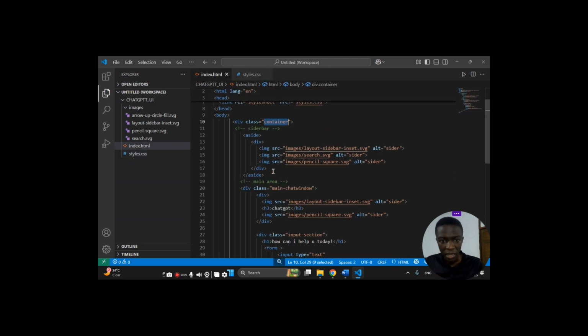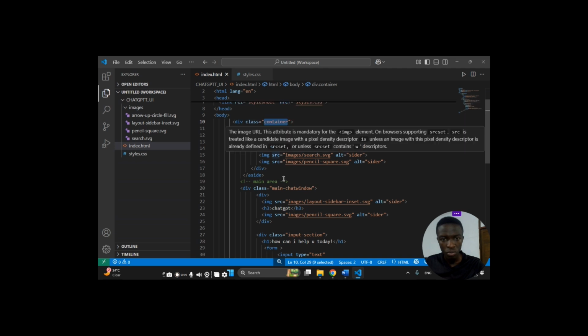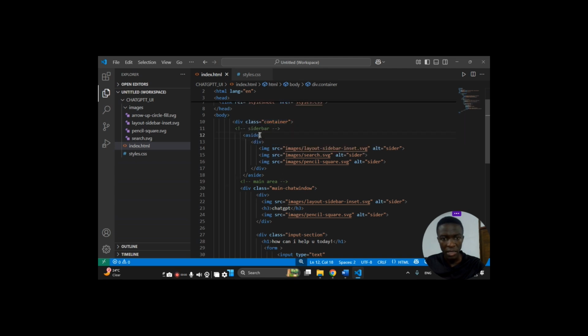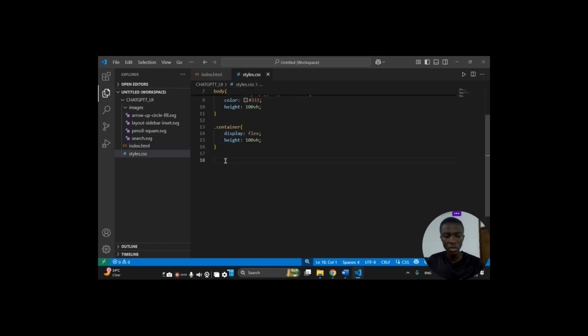The next is a sidebar. Okay. Now let's give a class here, so we can style it. Give a class sidebar. I think there is a typo here. Sidebar. Okay, we'll just copy that. Now we go to our CSS to style it like this. Enter. So inside the sidebar, we are going to give it